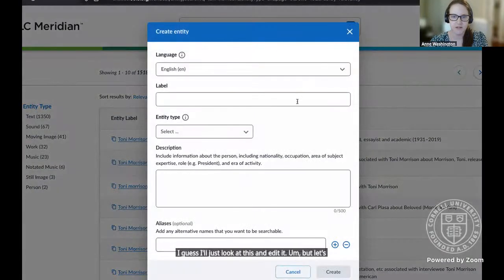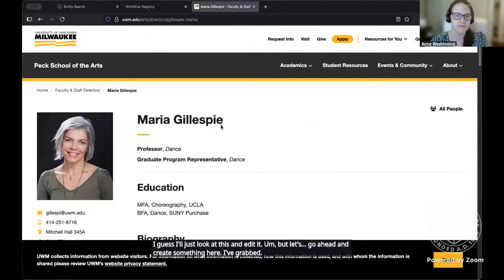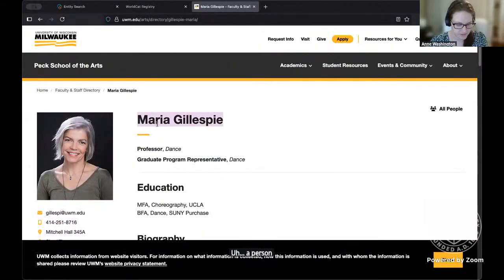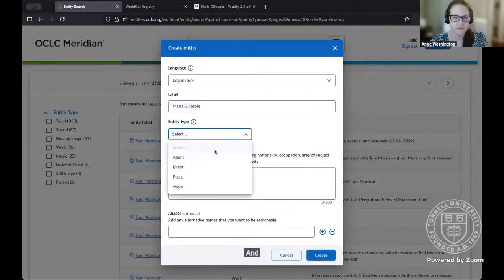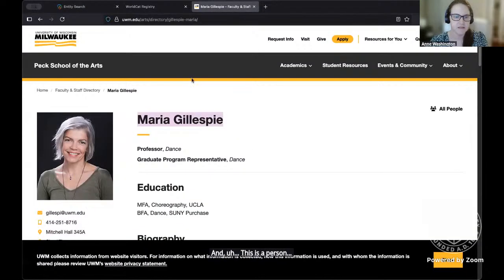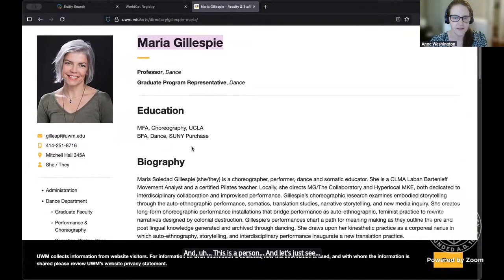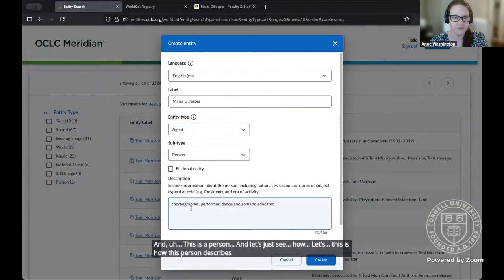But let's go ahead and create something here. I've grabbed a person in the dance department of where I went to school, UW Milwaukee. And this is a person. And let's just see how this person describes himself.